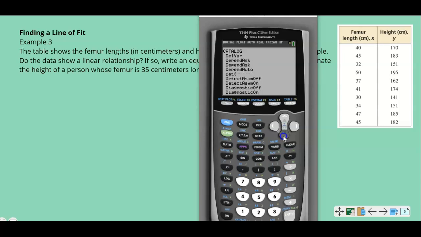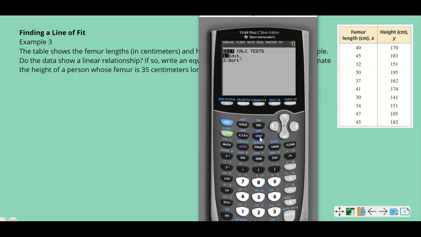What this does is turn on the diagnostics, so now it's going to show the R value. Hit enter twice, so it says done. Now when I create an equation, it's going to tell me the correlation coefficient, which tells me how reliable or how close